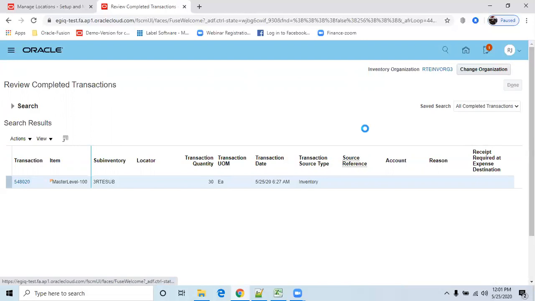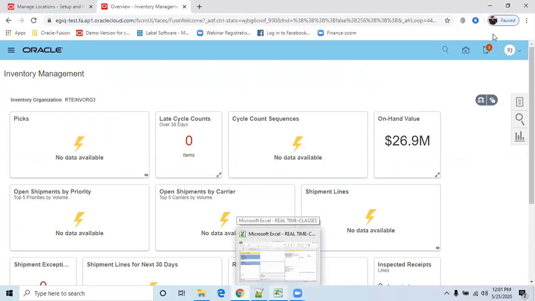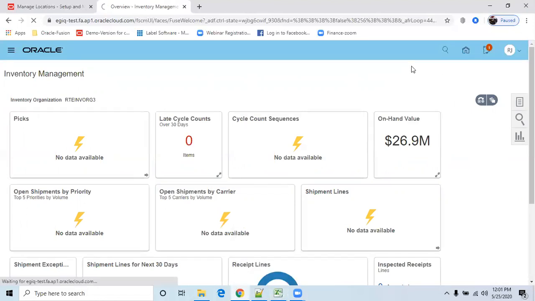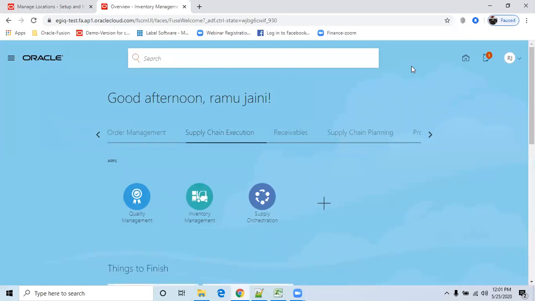Okay. And we have one more last topic in the accuracy methods, that is called cycle count. So already we know the counting methods. Why we are using them is to find out the accuracy. Accuracy means physically how much stock is present and system-wise how much stock is present. To match those things, we are using two types of accuracy methods. One is physical count and the second one is cycle count.